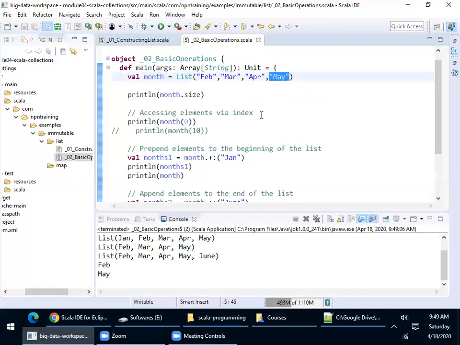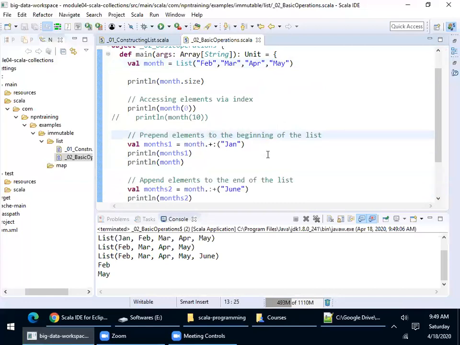Now there is also a way to access, for example, let's assume I want to access the elements apart from the first one. So we have a concept of tail. This is the head and the rest of the values is considered as tail. So if I want to access not the first record but the other records, then we can simply invoke the tail method.